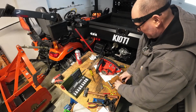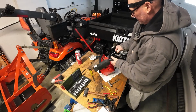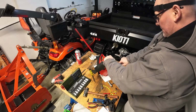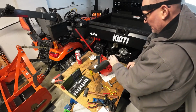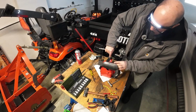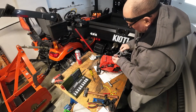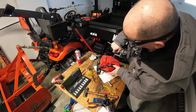Okay, now we tightened all those case bolts up, but we're just going to check them. 1, 2, 3, 4, and now we're going to check the Torx bolts. 1, 2, 3, 4,